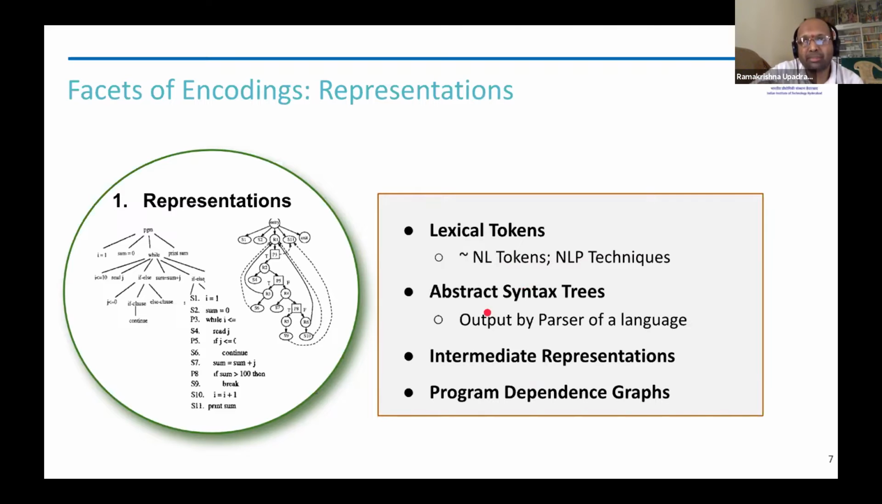You can go deeper into compilers, because programs are quite interesting in their own way. You can use abstract syntax trees. Abstract syntax trees are a very standard representation of programs. They are output by the parser of the language, and you can also go deeper. So you can have intermediate representations and program dependence graphs. Primarily this talk will cover lexical token based encodings, AST based,